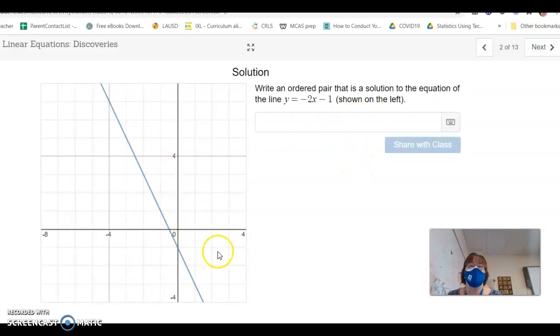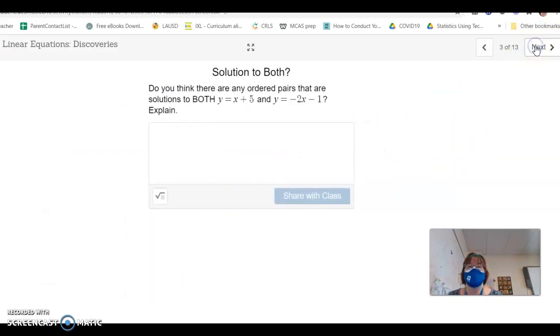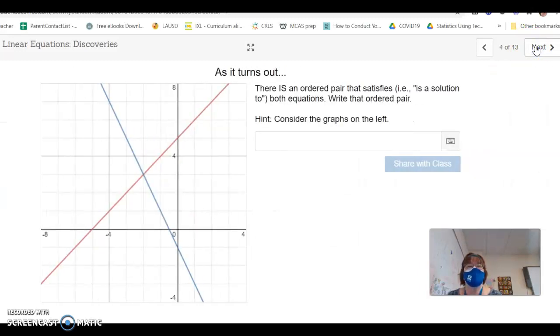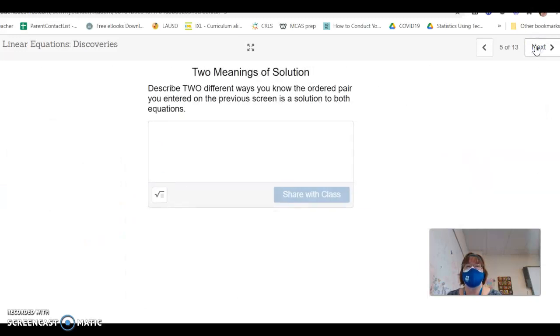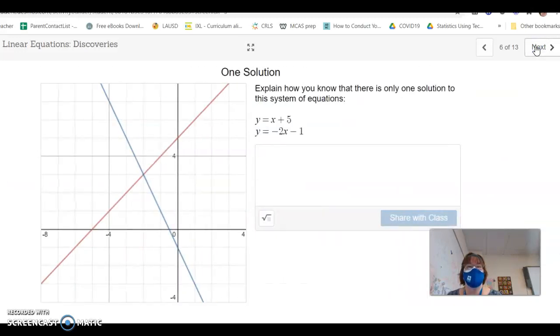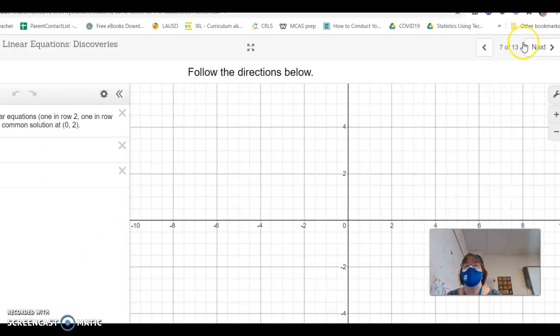So now they're saying write an ordered pair for this one, right? And again, after you write your answer, you can share with class. And some of them will ask you, let's see, there's one more I want to show you. Okay, in this one, they ask you to